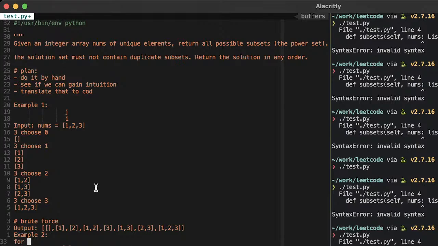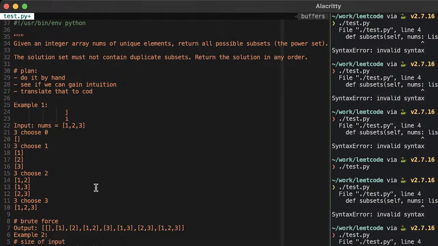So like for I in range len of nums, and then for J in, find I, K. Okay, so size of input, first pointer. It's going to be the second pointer. Okay. So what is the plan?